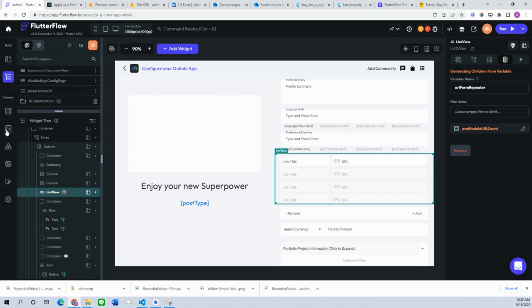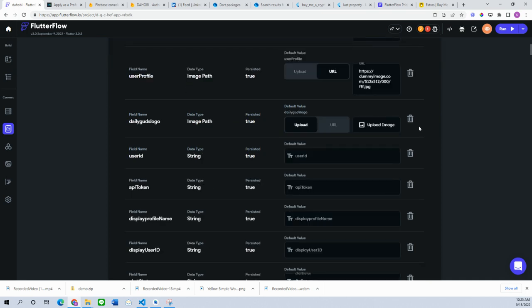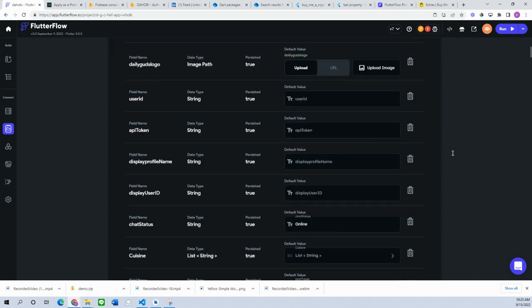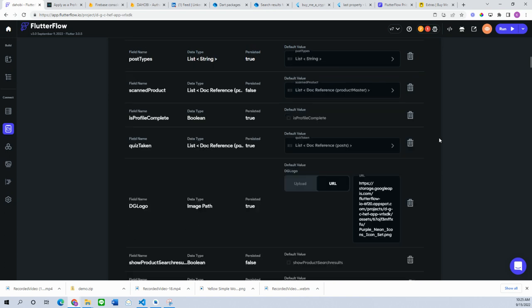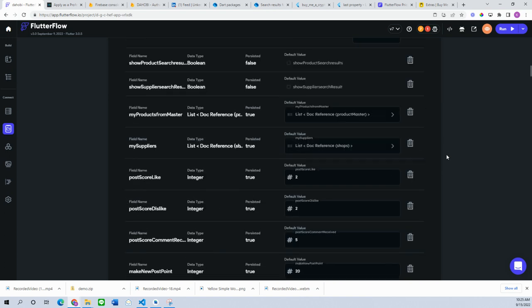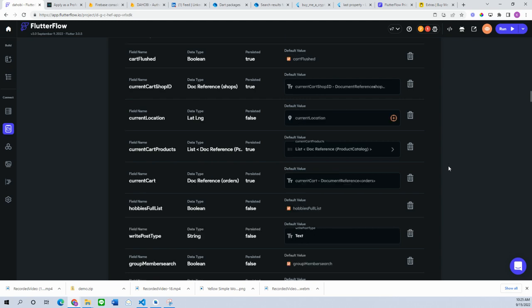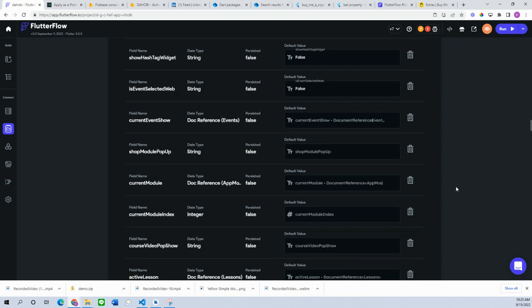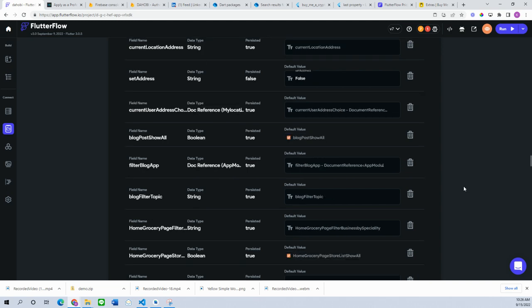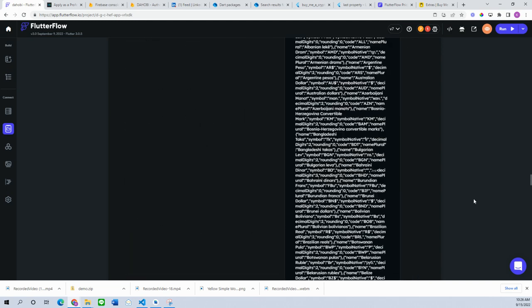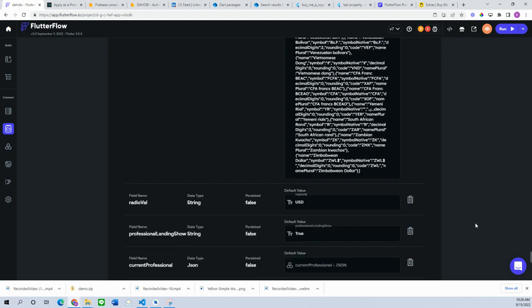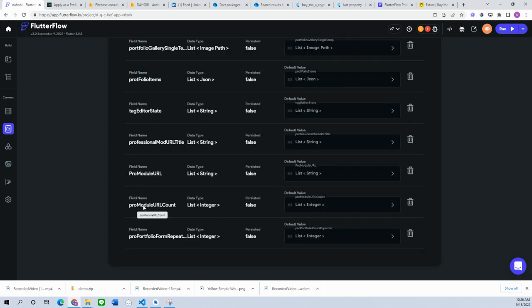Now what is this local state variable? What have I set it up as? If I go to my local state variable, let me quickly show you. For some reason my system is super slow, the project size is big. I really should have done it in a test project to show the demo case. It's okay. So this is the local state variable that I'm using, where I have set the type as an integer,